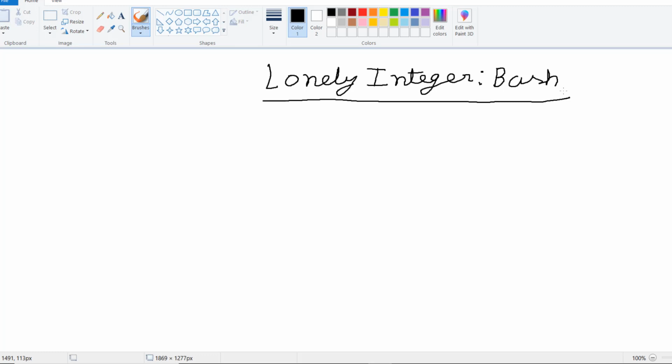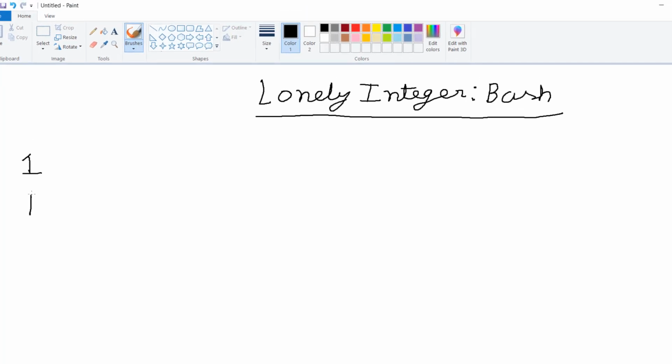For example, let's say I have mentioned 1. Now I have mentioned 1, so the value I can print only one time. So one time I have printed. The output will be something like this, output equal to 1. Now let's say the array size I will take as 3. If the array size is 3, then I have to write 3 values: 1, 1, 2, and I have to write as output only that value which has occurred only once. So now output will be